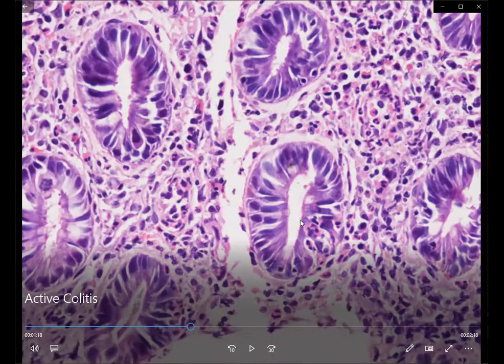So an abscess is when you have polymorphs within the lumen, and cryptitis is when you have polymorphs within the lining epithelium. In a normal colon, in a normal rectum, you will not see any foci of cryptitis. So if you are seeing even a single polymorph infiltrating the lining epithelium or the colonic gland, that means there is some focal activity there, and that could be because of a bacterial infection or any pathogen.